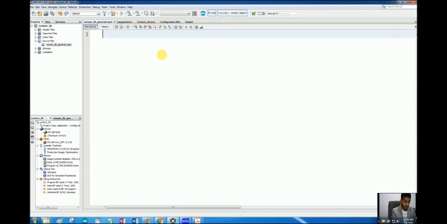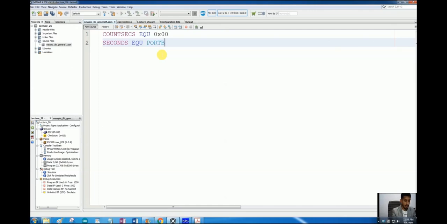Okay, so let's start writing the code. Let's equate the count for seconds: count seconds equate 0x00. Then seconds equate port B, because it's an 8-bit port.